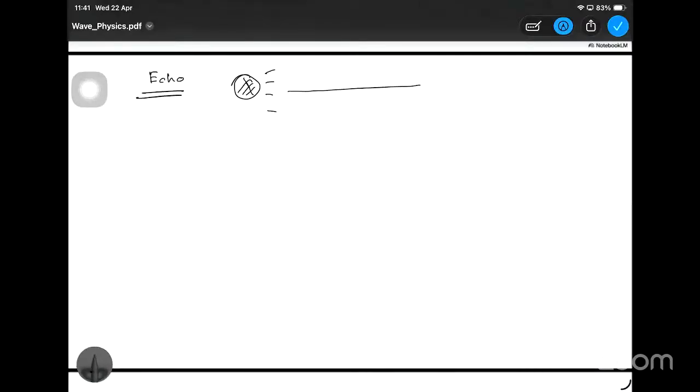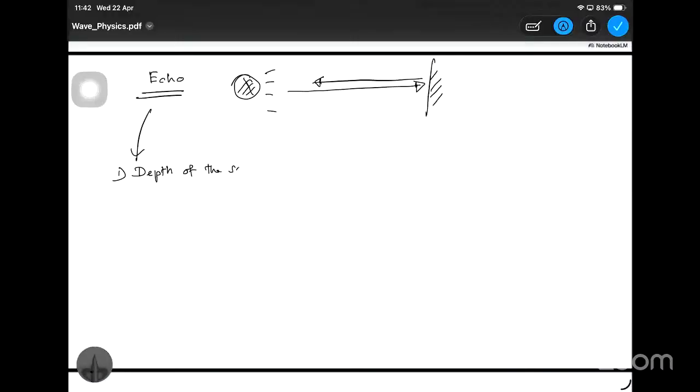So it will be traveling like this and hitting the barrier, and then it will be reflected back, right? So by using this method, this is known as echo. You will be hearing the same sound. So using this echoing method, we can measure distances. The common case is number one, measuring the depth